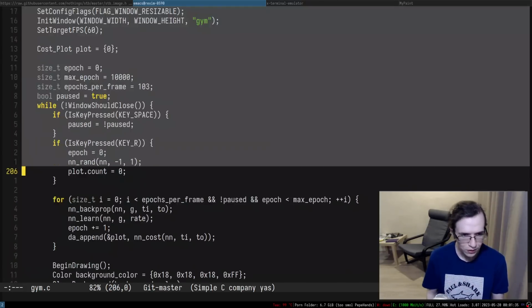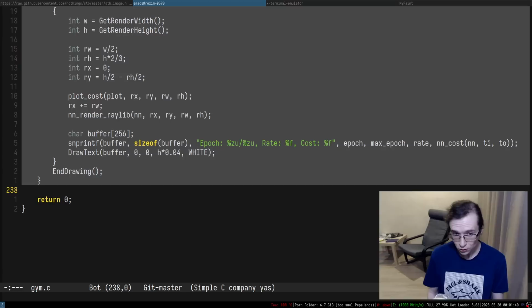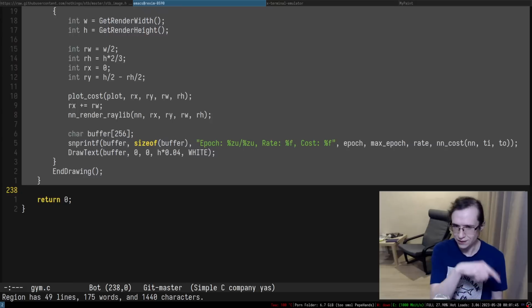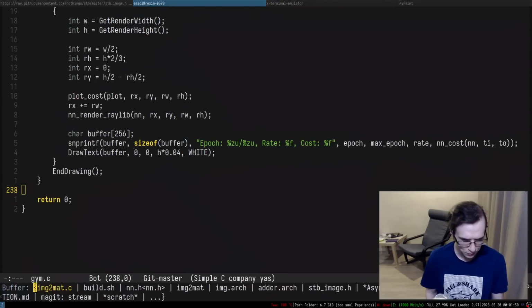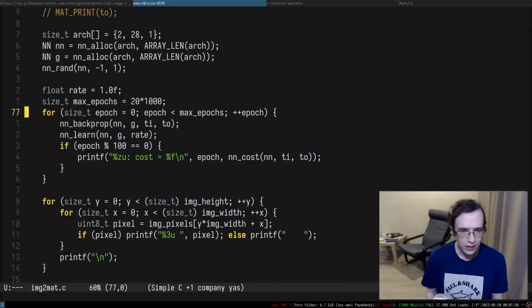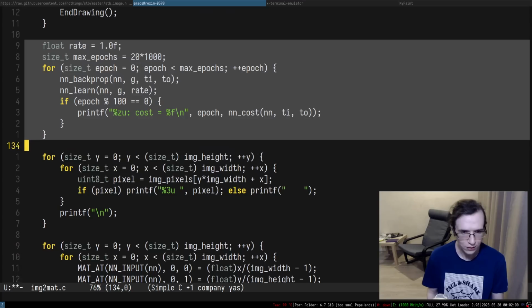So what we have to do in here is just this. Yeah. And this is the entirety of the gym, basically, almost, right? So at least this is the main loop. And instead of this thing, I'm gonna put this thing in here. So I think what I'm gonna do,